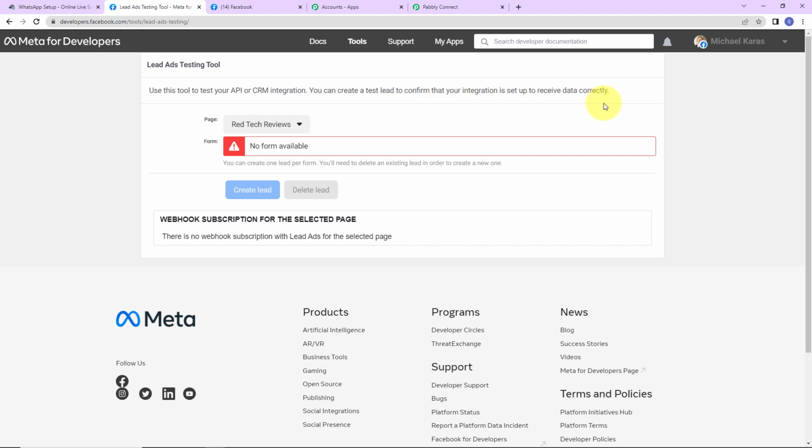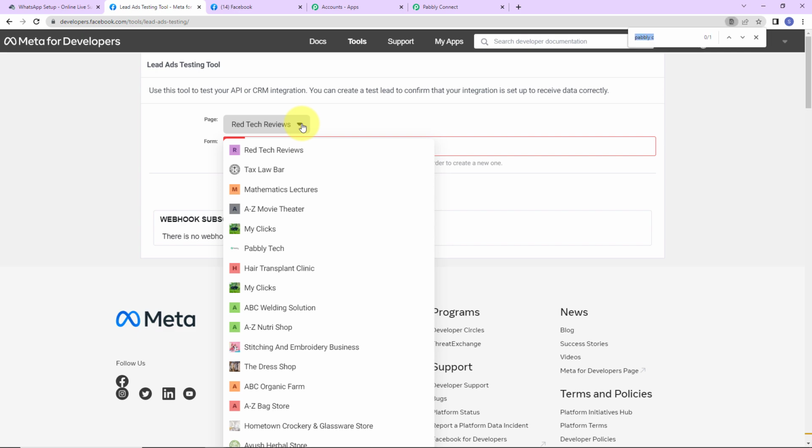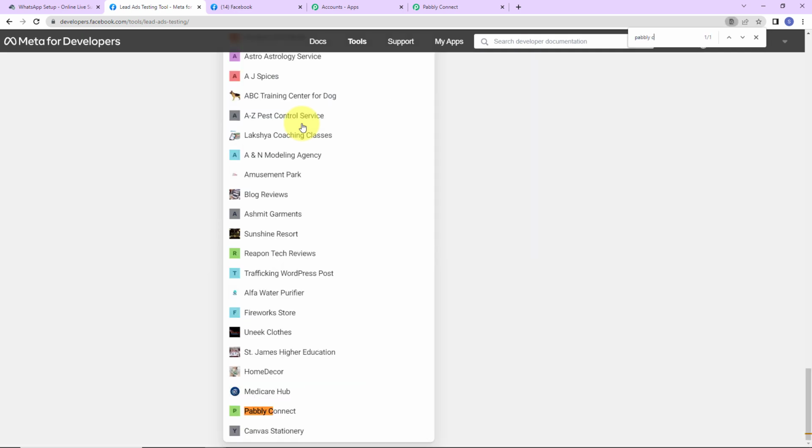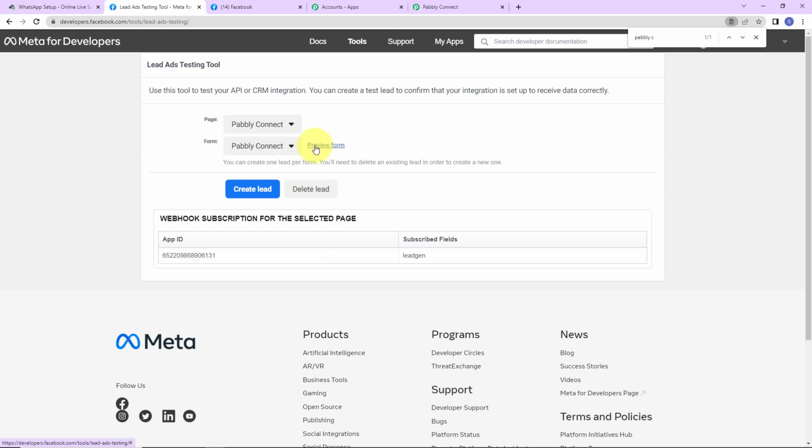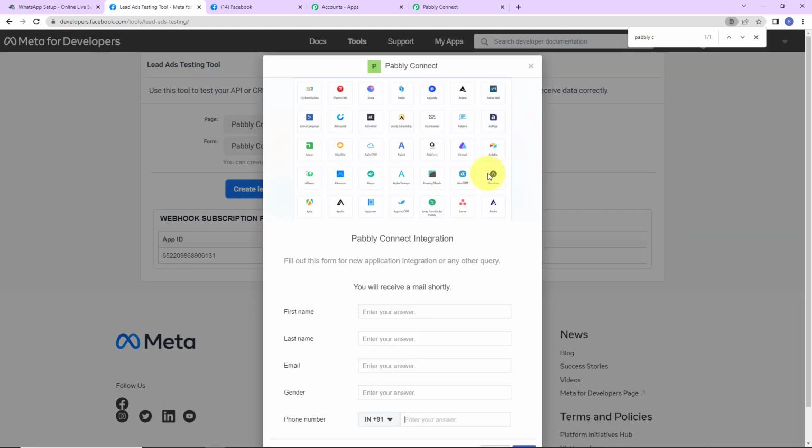Now to understand if Pabbly Connect and Facebook are totally integrated, what I'm going to do first, here I'm going to look for the page which is Pabbly Connect. Here it is. Let's click on this. And now I'm going to preview the form. So here you can see that the form has appeared right in front of us. Now I'm going to fill in the details. Let's say the first name here is dummy. Then the last name is user123. Here we have the email address which is